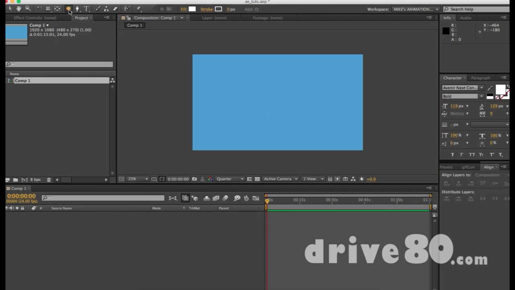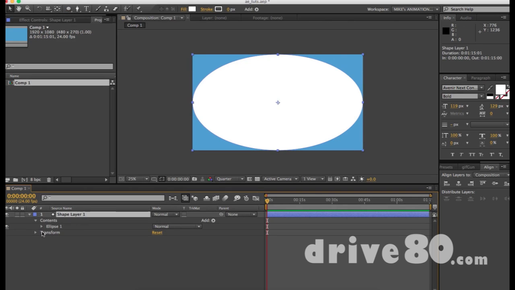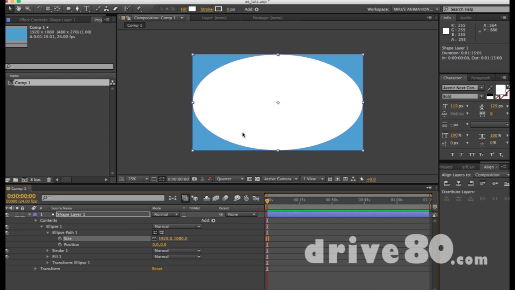If I double click on here, it'll fill it. The way to get that to be 100% circle is to drop down contents, drop down ellipse, and then drop down the path. And here's this little size indicator. It's filling it to the comp. If you want to change that, you have to have one of these two match. So since 1080 is the height and the top and bottom, you don't want to match that, because if I was making this 1920, then it would just extend way outside of it,